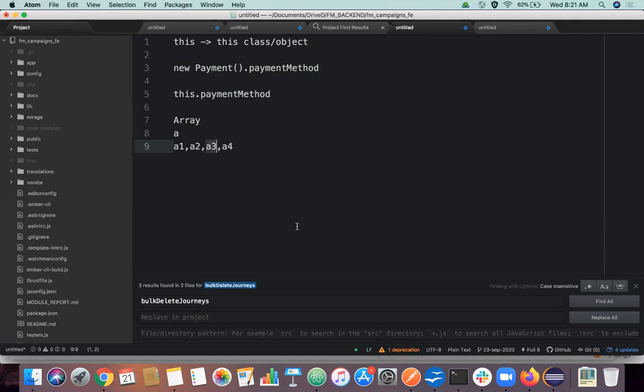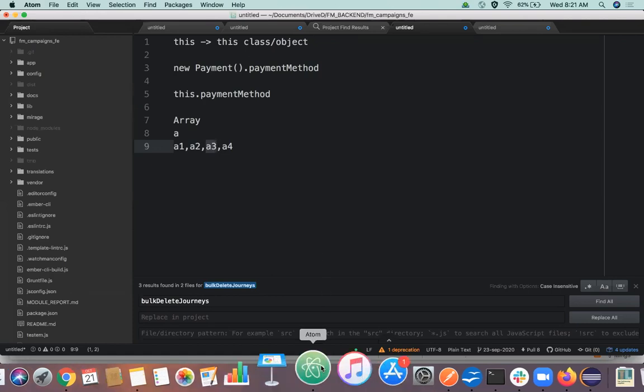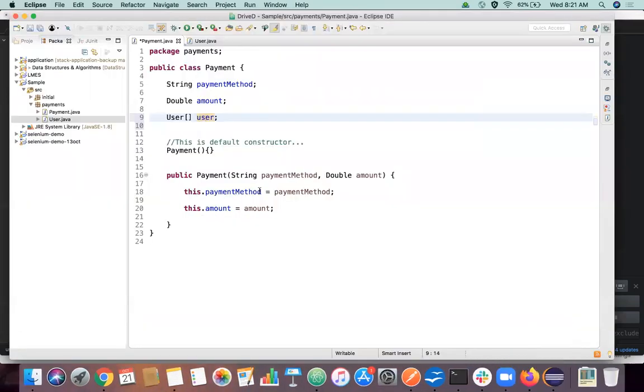That's what an array is. I hope everyone knows about arrays. It's a very simple thing. So here we declare our user itself as an array.